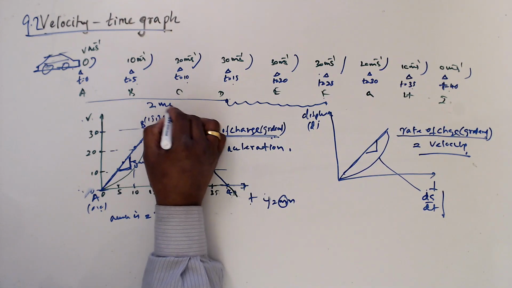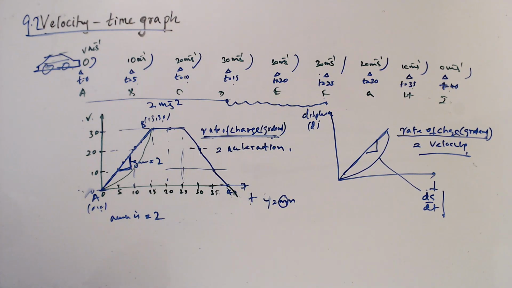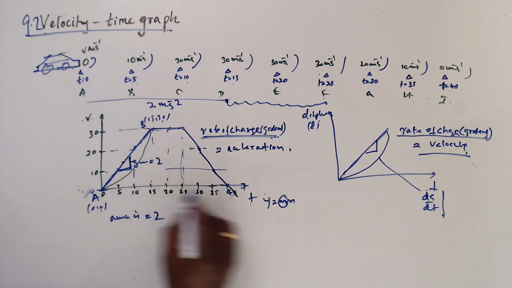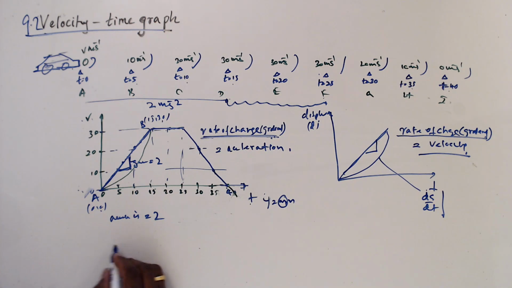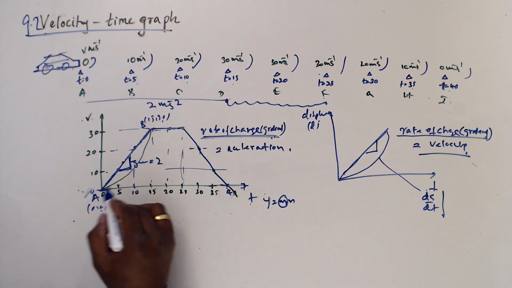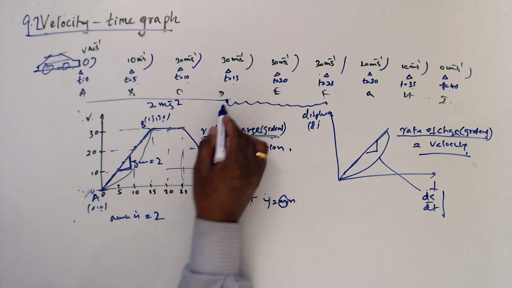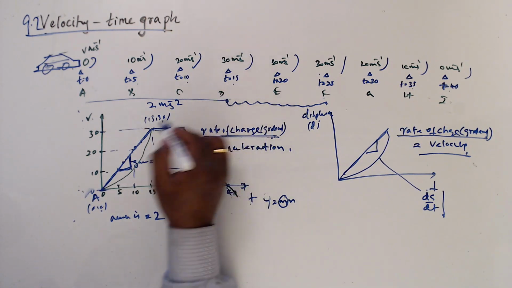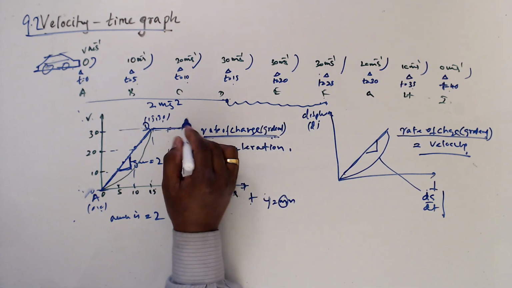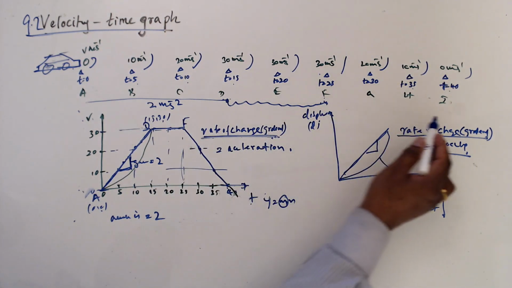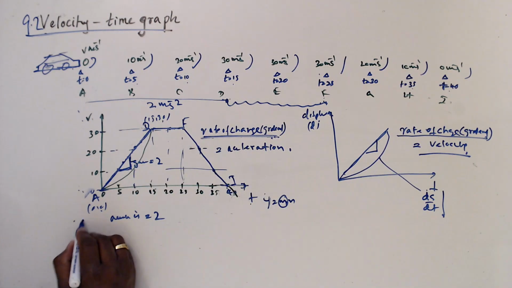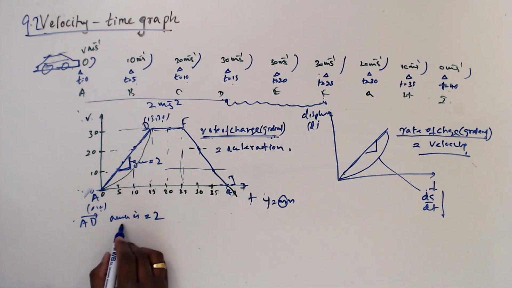M is minus 2. Now from here to here, gradient is 0. It is parallel to x-axis. So this is A to D journey. D to F journey, then F to I journey. So this is A to D acceleration